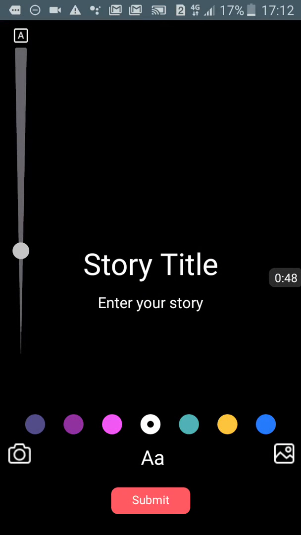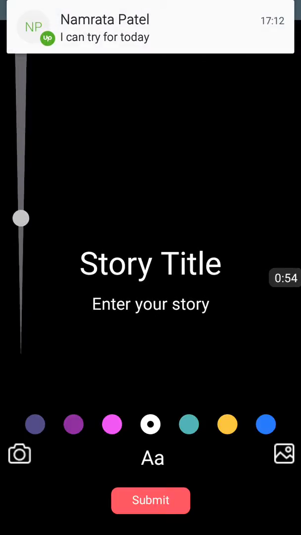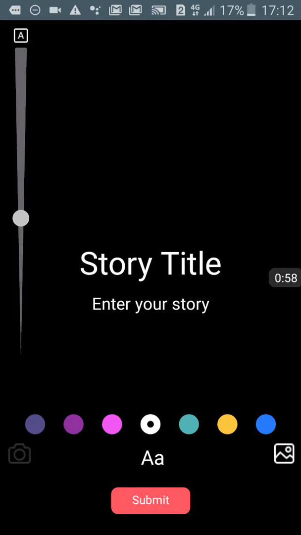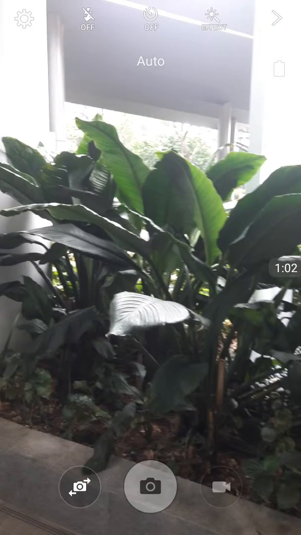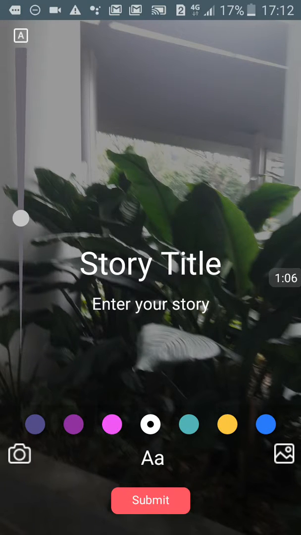So on this page you can see it's a black screen, there's a story title in the middle, and then there's this zooming in and out, there's a camera on the left, and then there's a gallery on the right. So I can click on this camera, that then opens up and then submits a picture like this. Press OK. So the problem with this workflow is that it's a bit weird. It's not like the normal way of